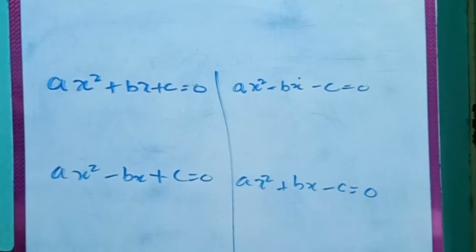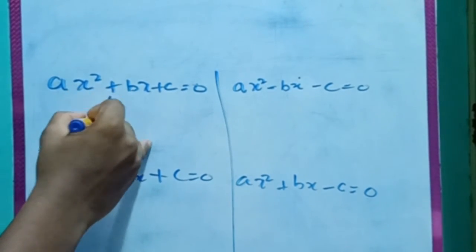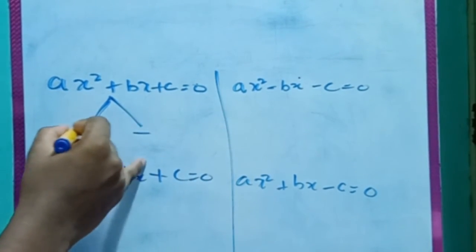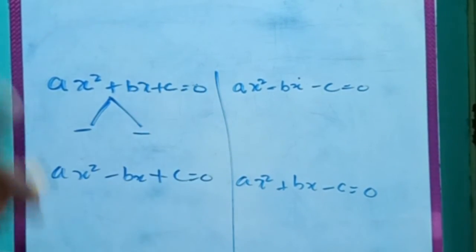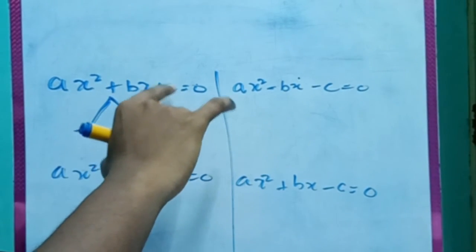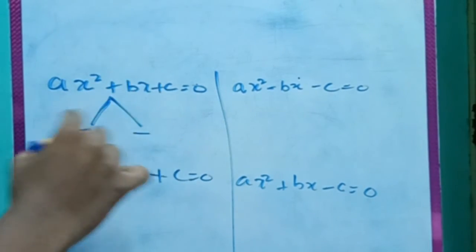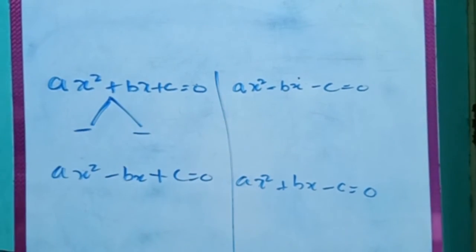Now you might ask, okay, signs will be the same, I understood, but what will the sign be, minus or plus? That depends on the sign in front of b. If there is a plus sign in front of b, the signs of the roots will be opposite to that. Here plus, you will get roots in terms of minus. Same sign, because there is plus in front of c. Always remember, if there is a plus in front of c, the root signs will be the same, and if there is a plus in front of b, the opposite of plus is minus. So you will get roots in terms of minus only.